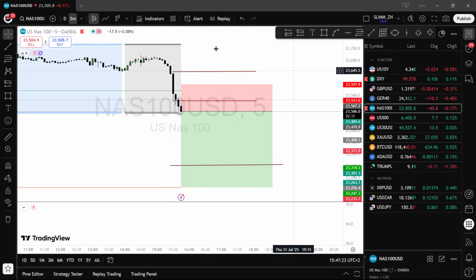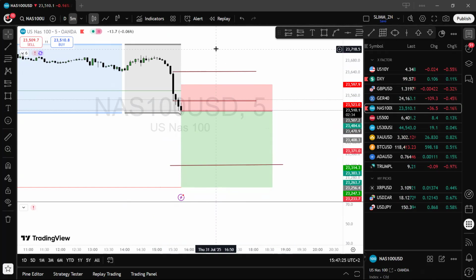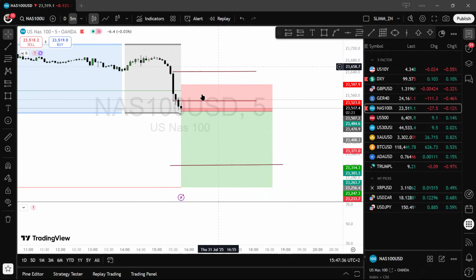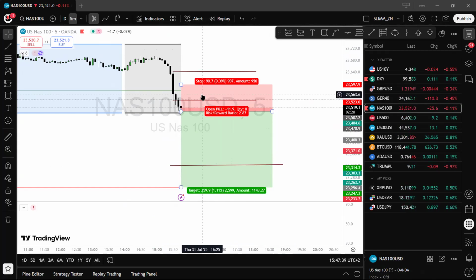Okay, this is how my setup on Nasdaq is looking like. Let's see how price